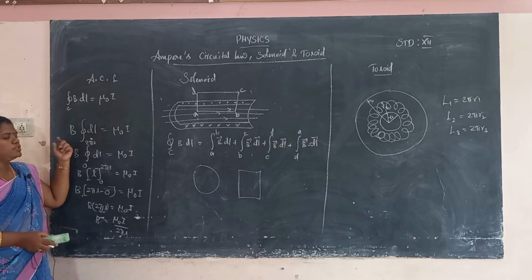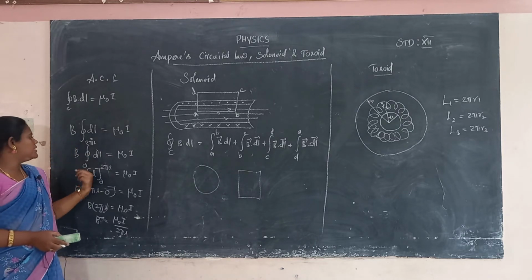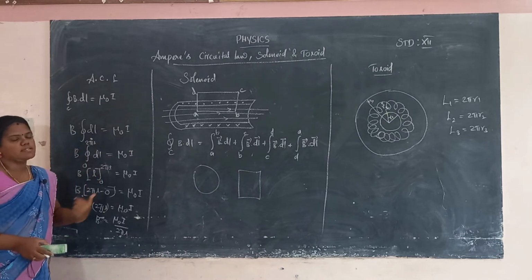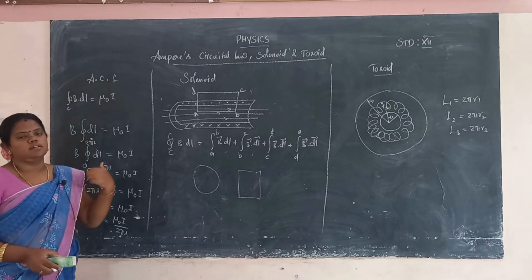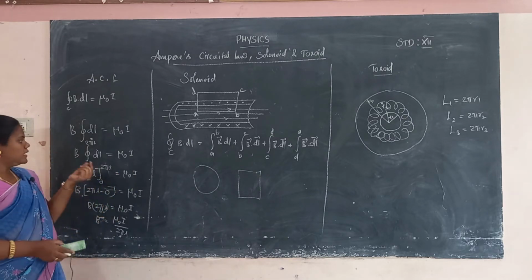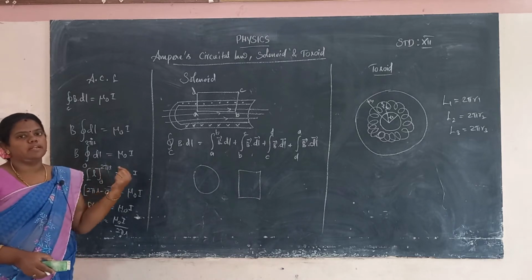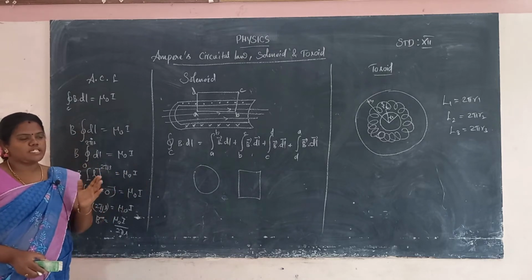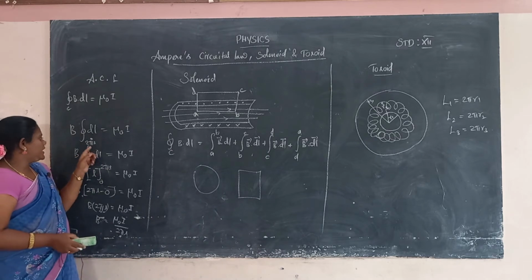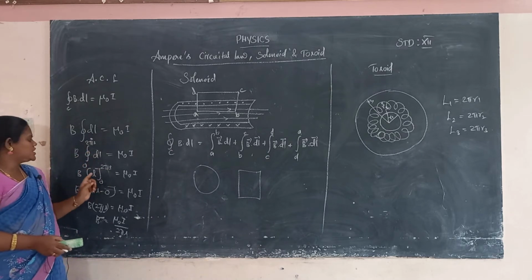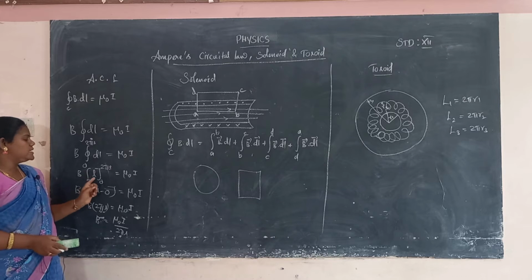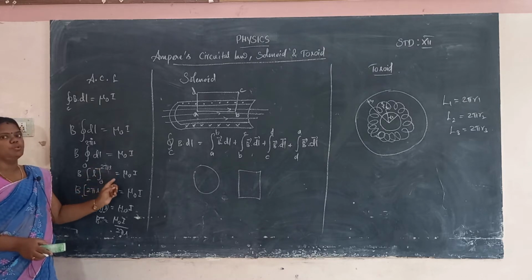So we apply the limits in the integral, 0 to 2 pi r, where 2 pi r is the circumference around the wire. The magnetic field is created in the surroundings of the long straight conductor. So 0 to 2 pi r of dl; the integral of dl is L. So the integral from 0 to 2 pi r is equal to mu naught I.